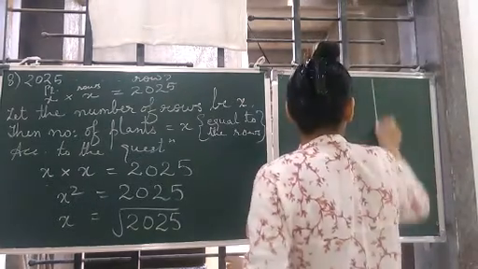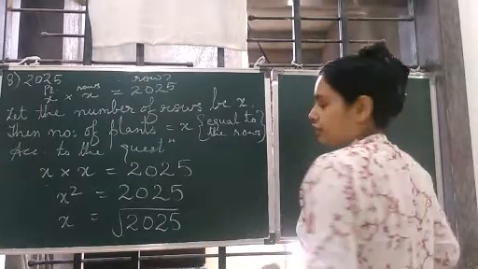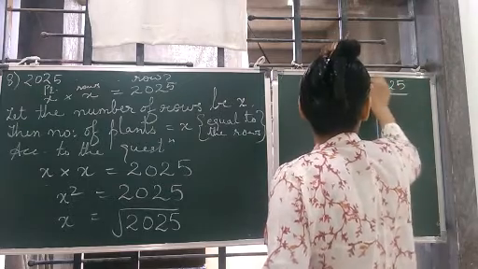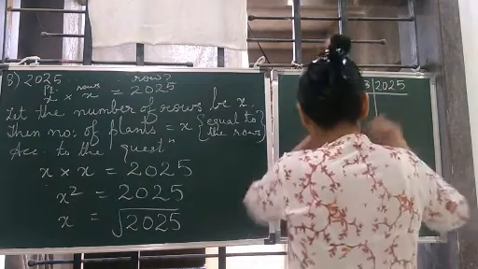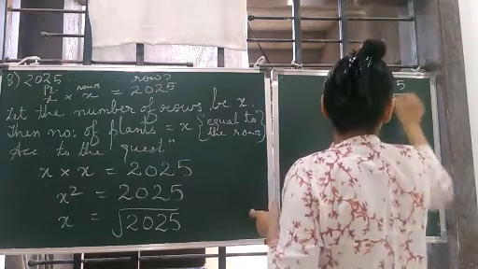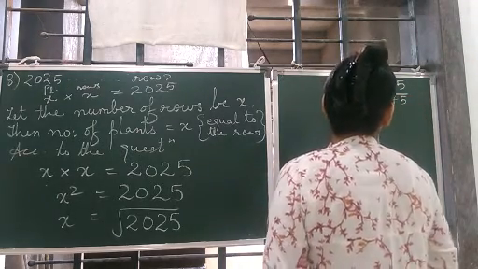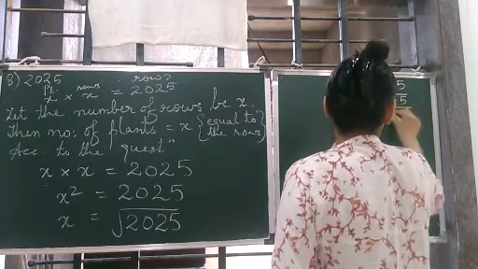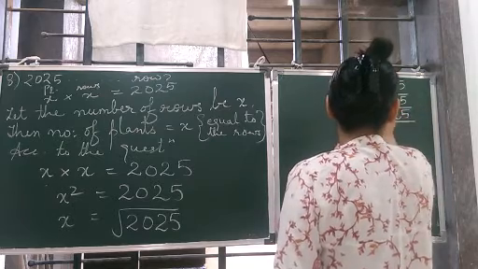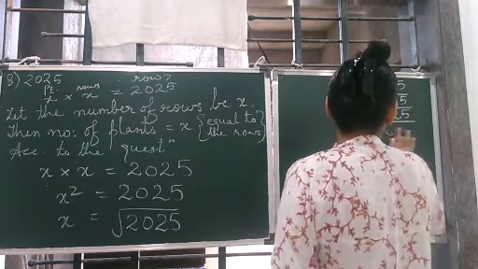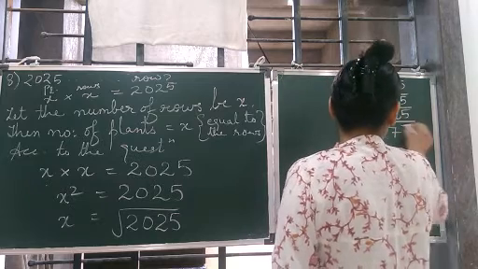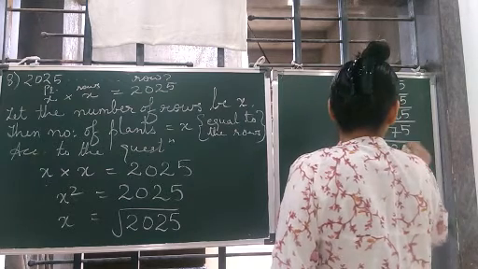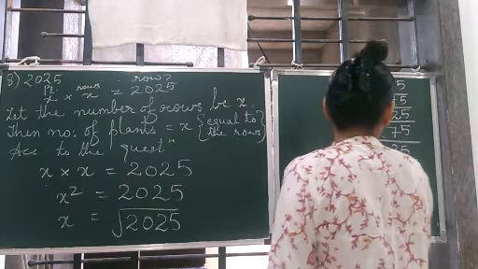So now we find the prime factors of 2025. 2025, it will go by 3 because the total is coming 9. 3 6s are 18, 3 7s are 21, 3 5s are 15. Again it will go by 3, 3 2s are 6, 3 2s are 6, 3 5s are 15. 3 6s are 18, 3 7s are 21, 3 7s are 21, 5. Still it will go by 3, 3, 25, and now it will go by 5.